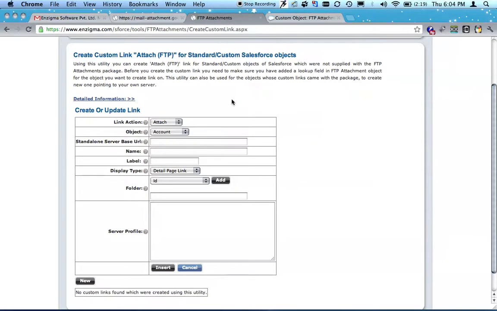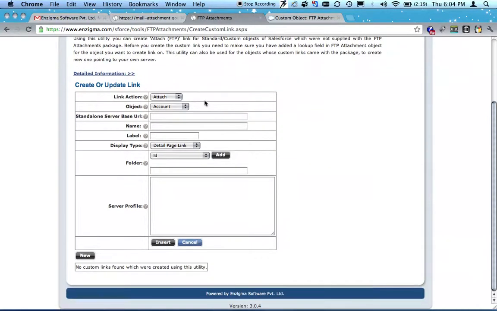Now navigate to our application. Select the attach link from link action. Now you can see the customer as an object here. Enter the standalone server base URL.